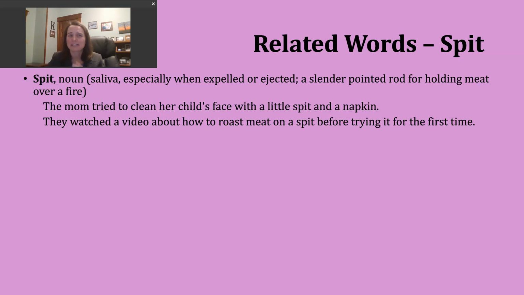napkin. Right? Maybe you've seen someone do that kind of, right? So there's the saliva, they've got a cloth, right? And it's every child's nightmare, right? To have a parent do something like that. Now, a second way you might encounter spit is to refer to a slender rod that will hold meat over fire, right? Maybe rotate to help cook it evenly. An example of that: they watched a video about how to roast meat on a spit before trying it for